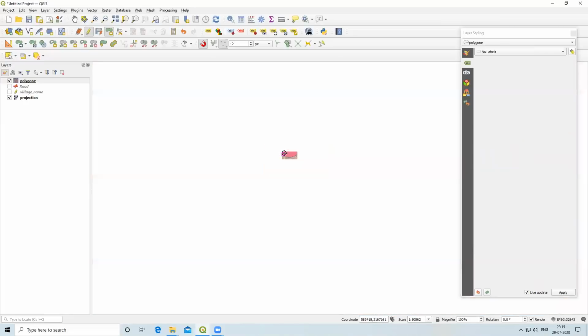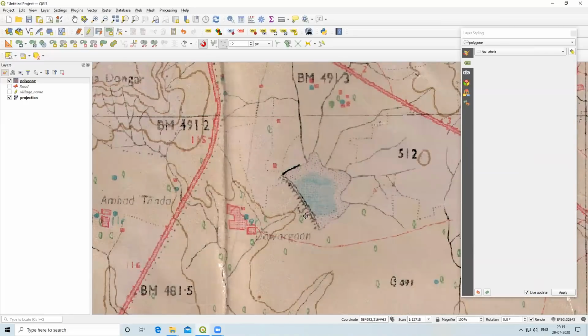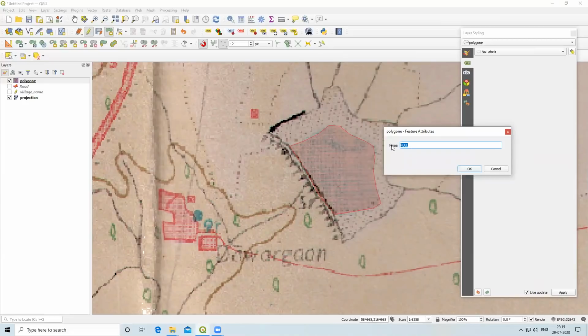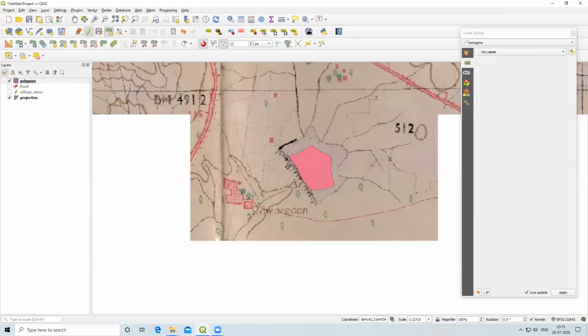Press OK. I will digitize some more polygons. Right click, Talao.